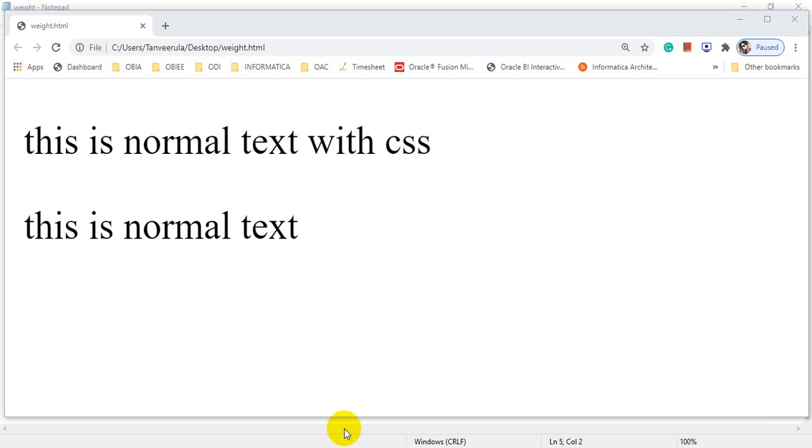So in CSS we have ID and class. These are two concepts in CSS which are very helpful and very important from your future point of view. ID and class, I just want to explain ID a little bit. In the next lecture we will learn from scratch what is ID and what is class, but for the time being just try to understand.